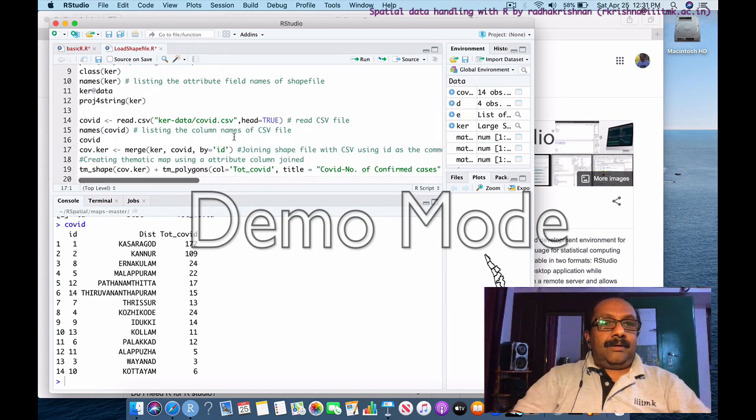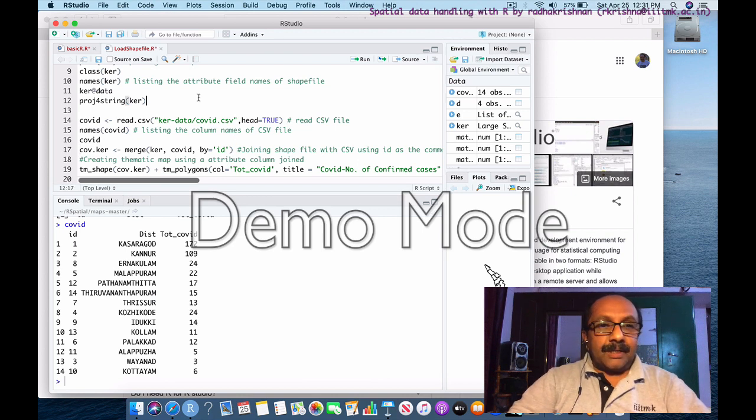And now many times when you work with GIS, you will have a GIS file, a polygon file or point file or line file, and you will have some external table which you might have collected from your field study. Now you want to combine these two. You want to combine data collected from the field to spatial data.